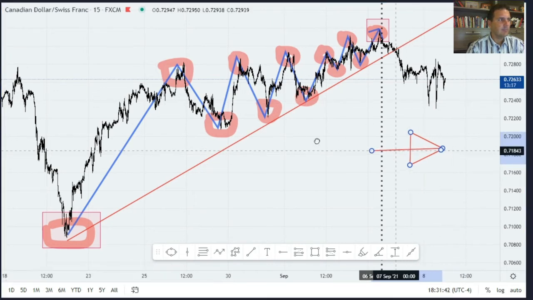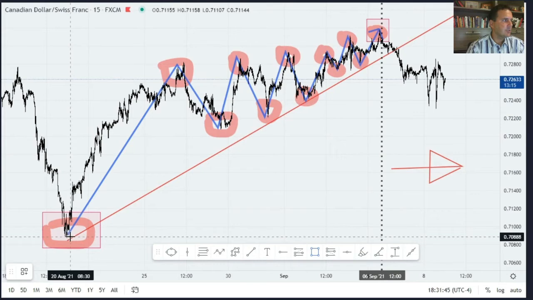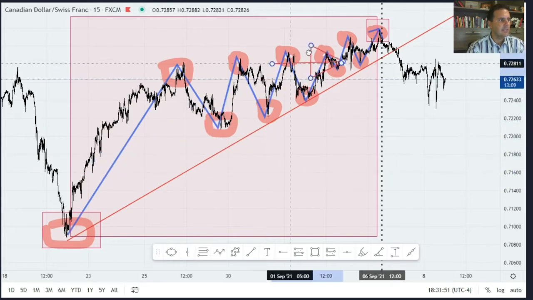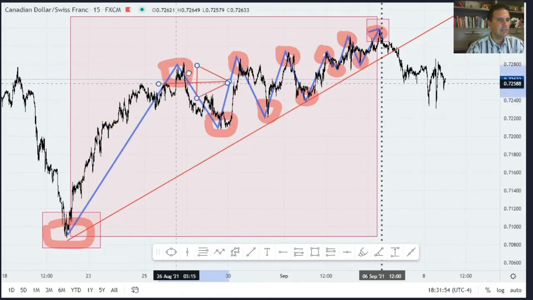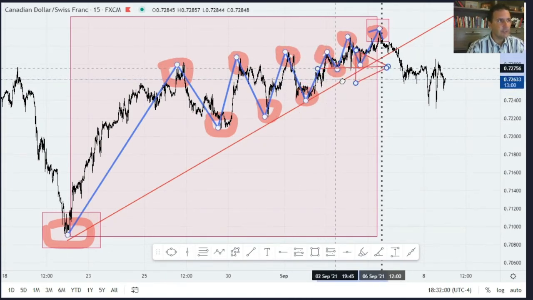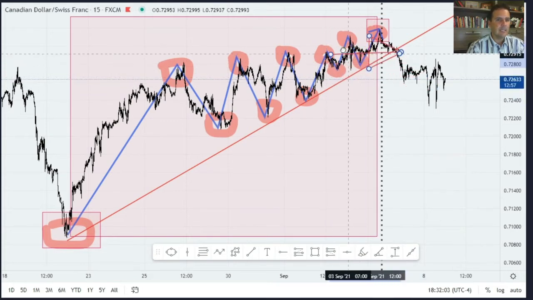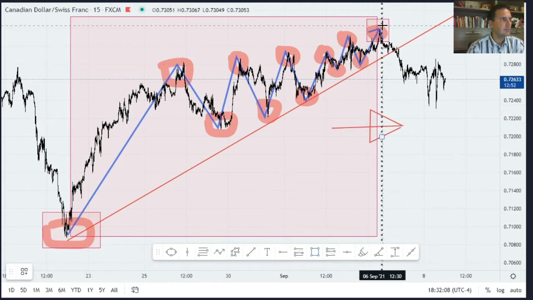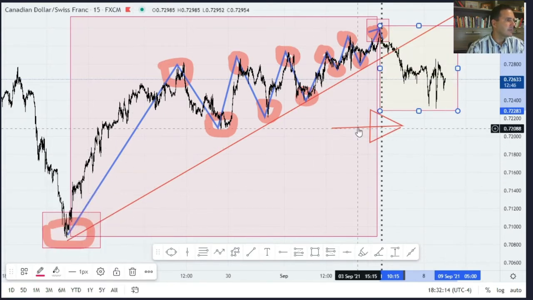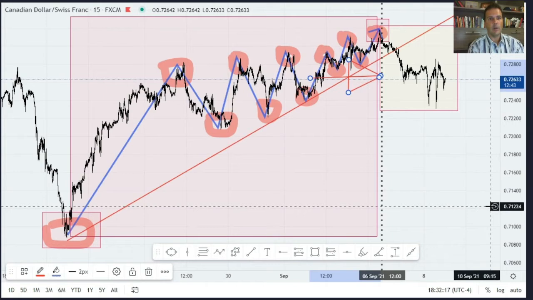Everybody, let's go step by step. From the vertical line, the left side is easy, understandable, right? The market's making higher highs, higher lows. Okay, cool. Simple question, yes or no. On the right side, are we in an uptrend or in a downtrend? I'm going to help you. We are going to color code this quadrant in yellow. Look at the yellow quadrant. Is the yellow quadrant in an uptrend or in a downtrend?